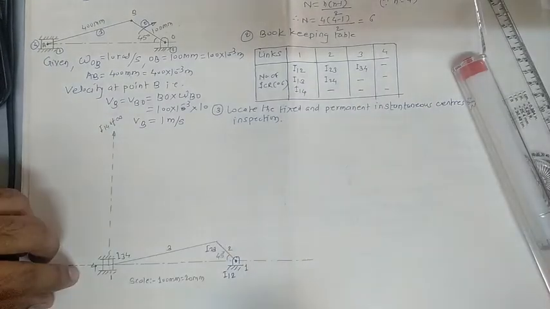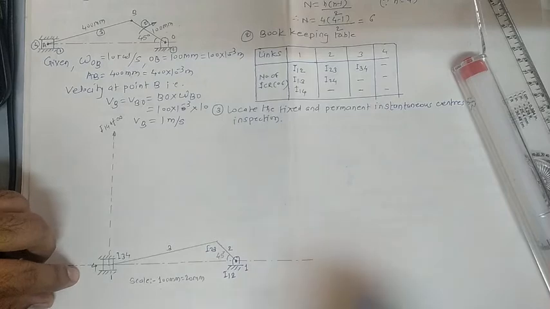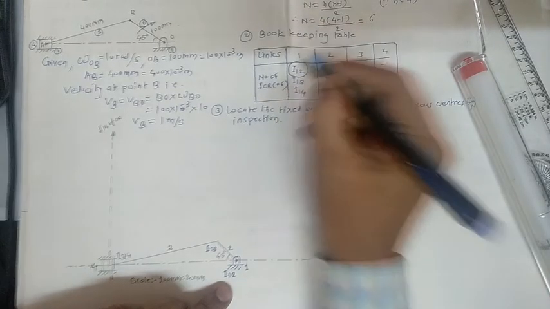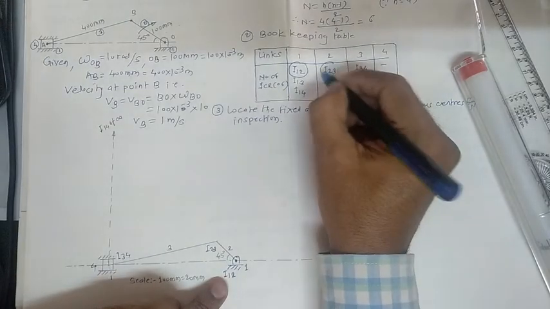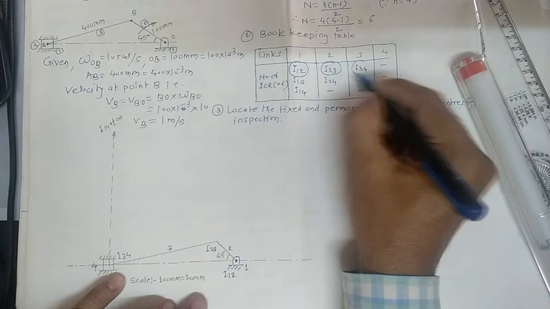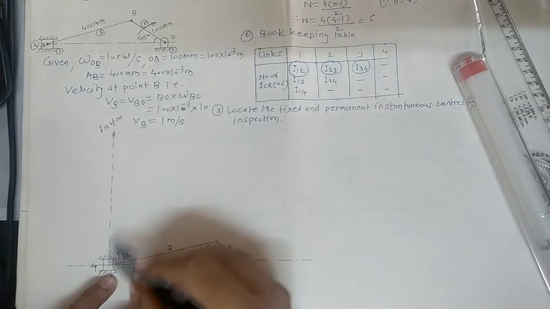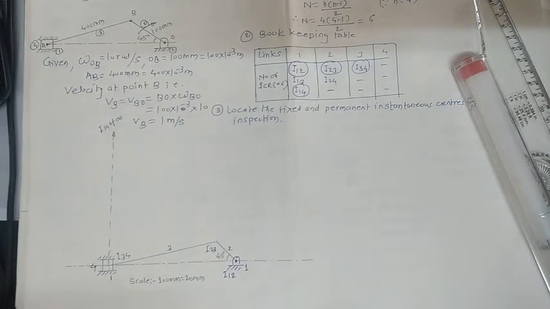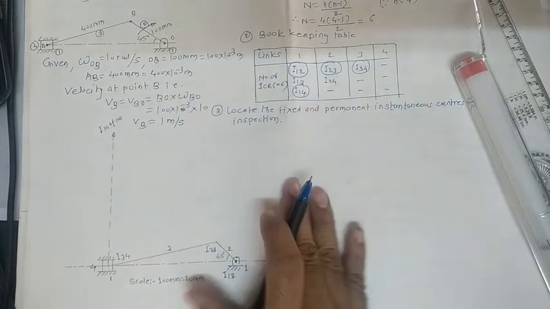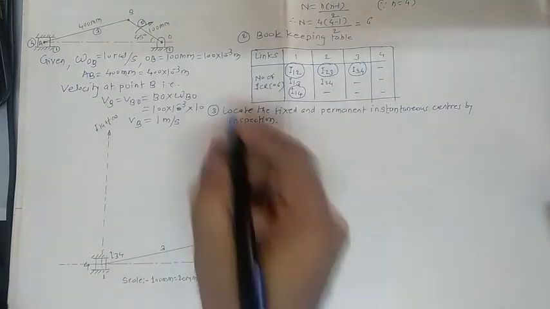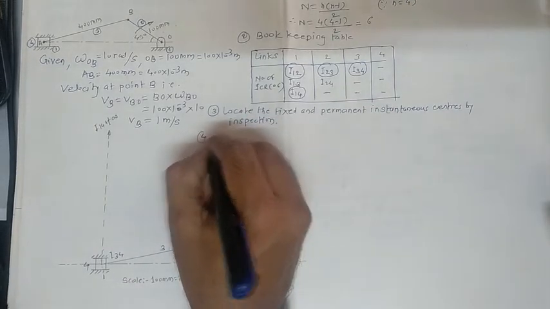At the same time, now just see the various points located by us. I12 is what, just make a circle for this I12. Next, 2 3 we have located, circle this point also. Then I34 we have located, circle that point. Then I14 we have located, circle that point. Now the next task is to locate this I13 point and I24 point. For that you have to use Kennedy's theorem.